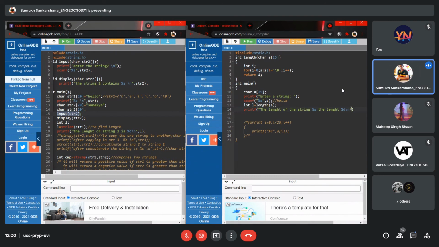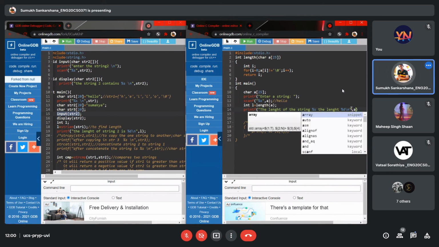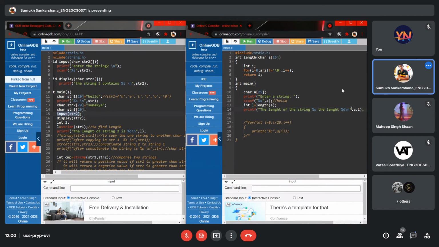Now I have to print the array, so I'll be using a and passing my length, and it should end. And the last statement of my program will be a return 0.